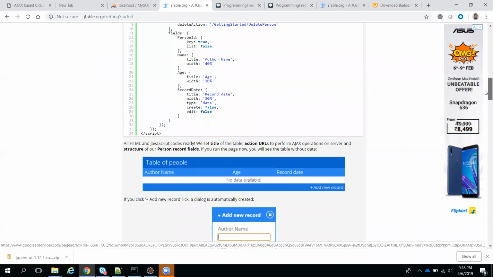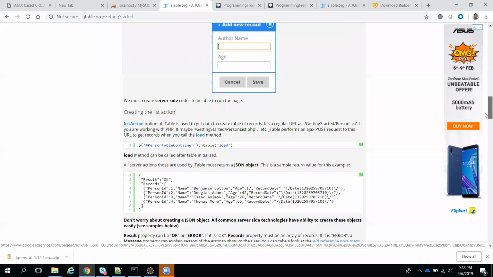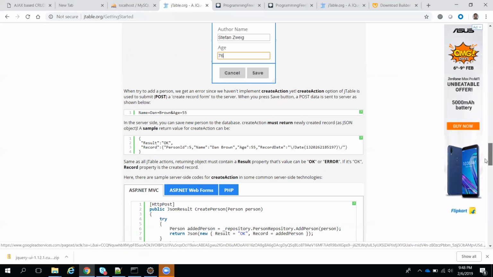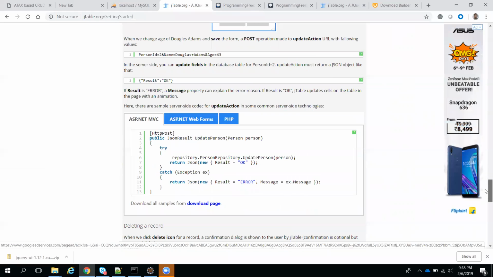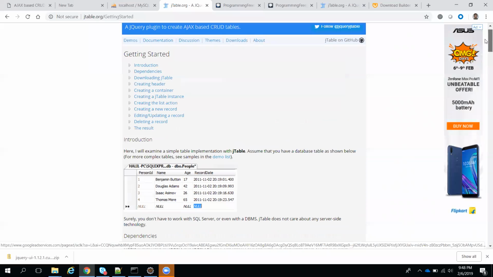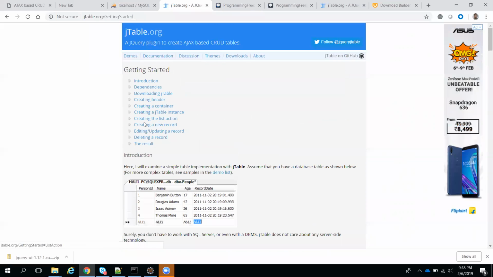This we have done already. Create, update, delete, the basic example we have done. Okay, so I'm trying to show you how to implement sorting and pagination. That is my requirement.